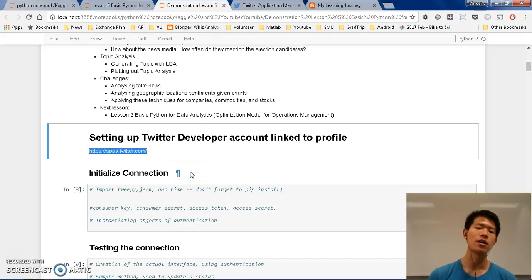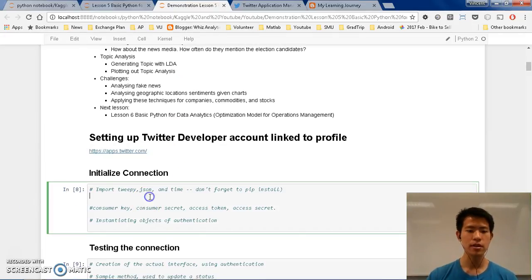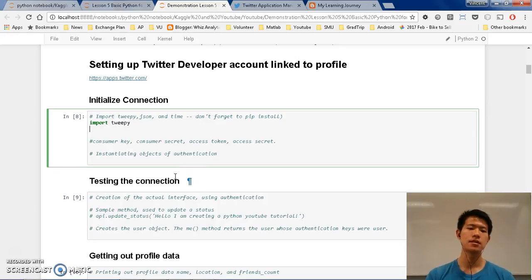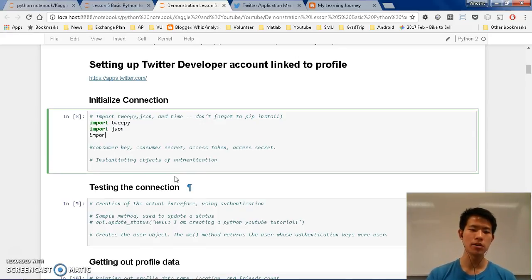And we go back to our Python notebook and let's try to initialize. So first of all, the three things that you want to initialize is import tweepy, okay, import json, and import time. So what are these? Tweepy is basically the connection to Twitter.